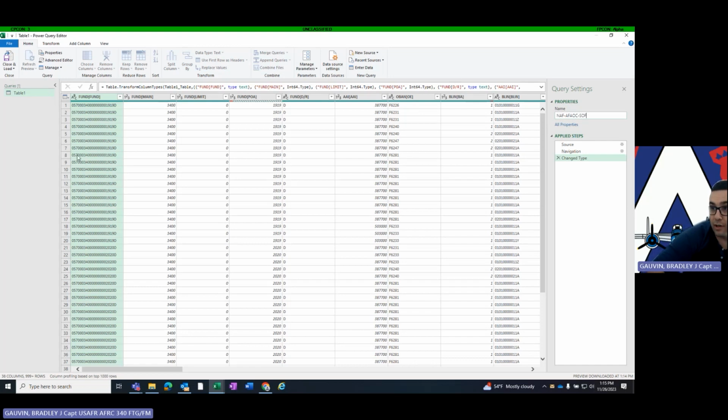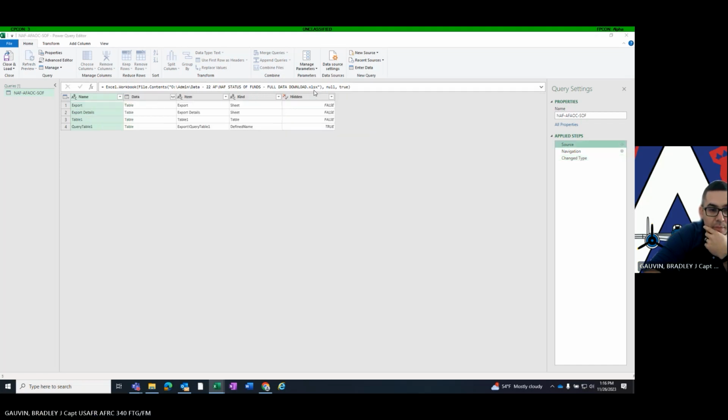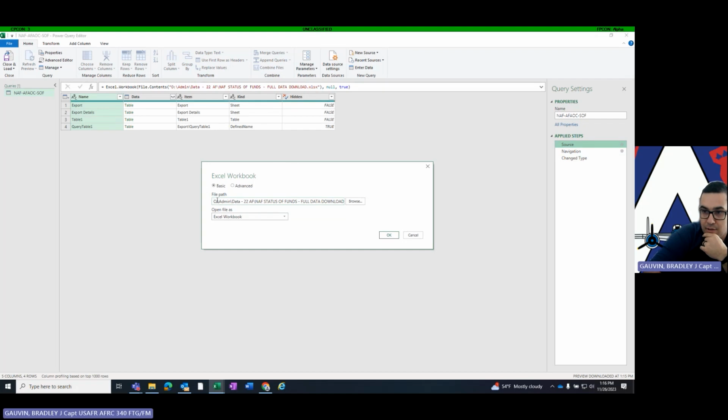So what information has already been pulled in? It's our file. So if you come back to these, you can look at your source file, your navigation, and change data type. Now what that's going to do is it's going to show you up here your data type information. But your source, if you want to edit it, you just hit this little cog and it pops up, and you can see where it pulled the file in and the data names. So that's where, if you have two files with similar data, you can pull in a different file